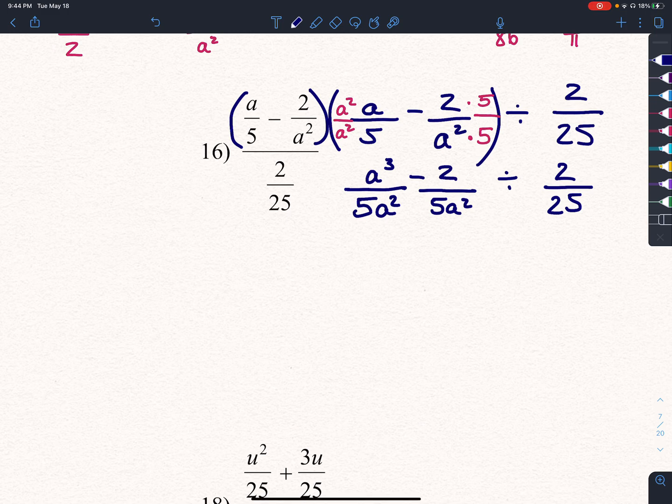Okay, so now over here, this whole thing, these are common denominators, which means that we can combine this top piece. And we can put all of this on one denominator, right? So you can think of this